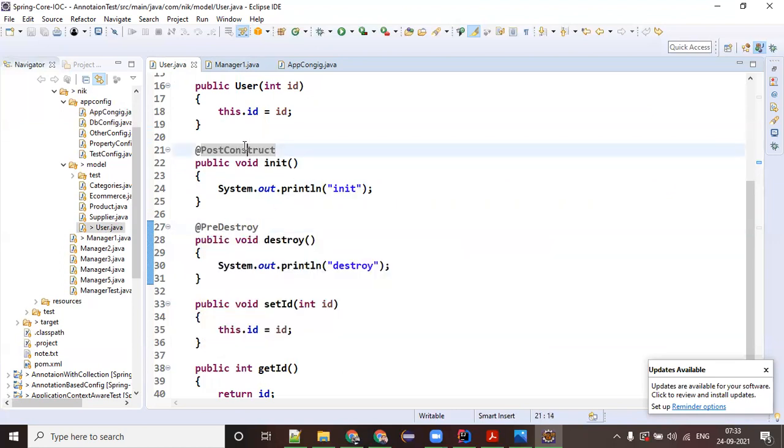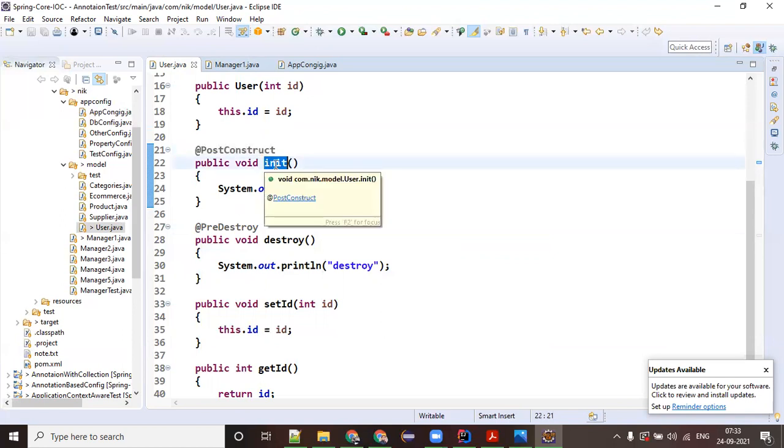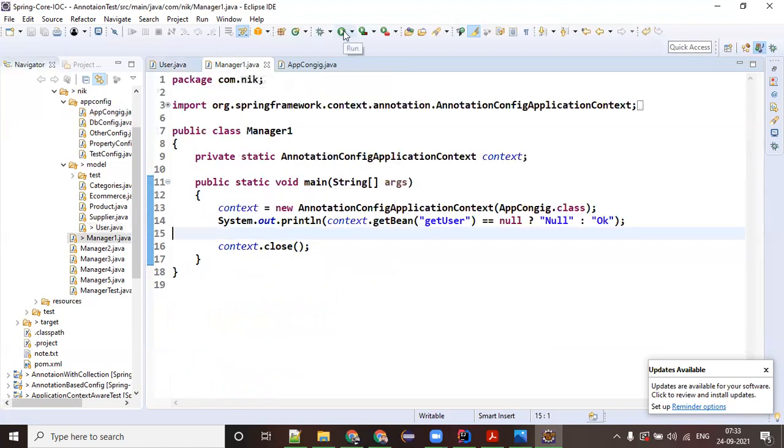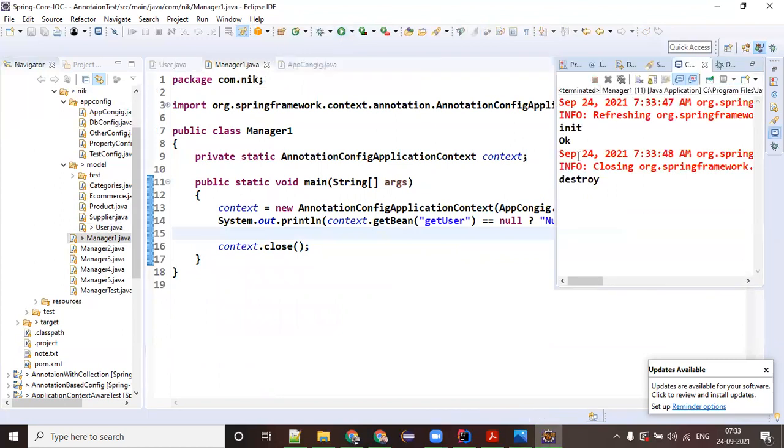Meaning the moment your initialization is happening, if you have some piece of code you want to execute before that, you can put it into this init method. And before the system shuts down, if you want to execute some piece of code, you can put it into this destroy method. So now if I run this program again, you will see that before object creation, the init method